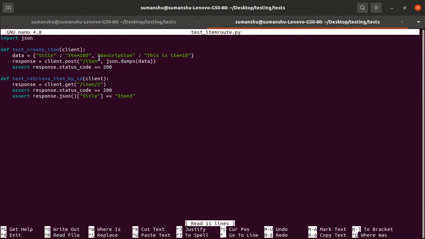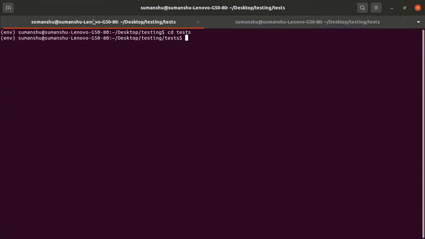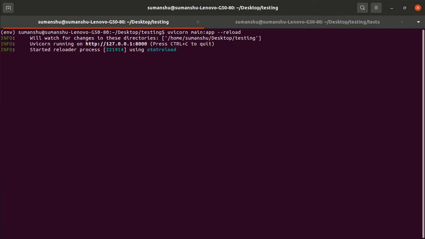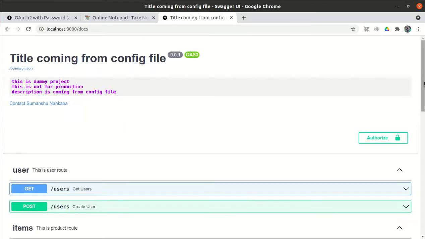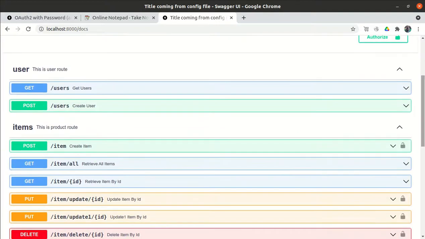But how does the token look, how do we pass it? Because from the front end, let me run the application again. From the front end, what we are doing is we first authenticate ourselves.